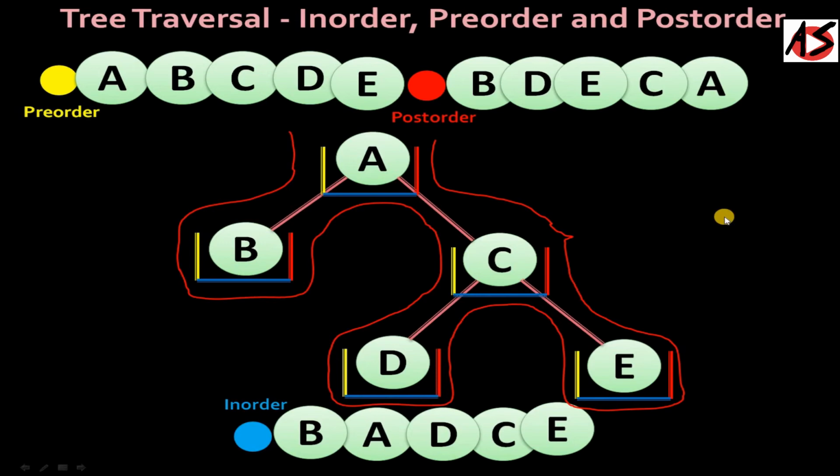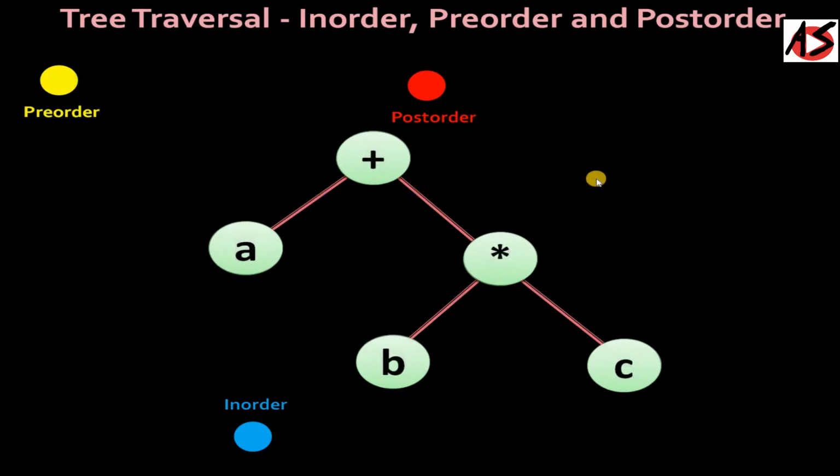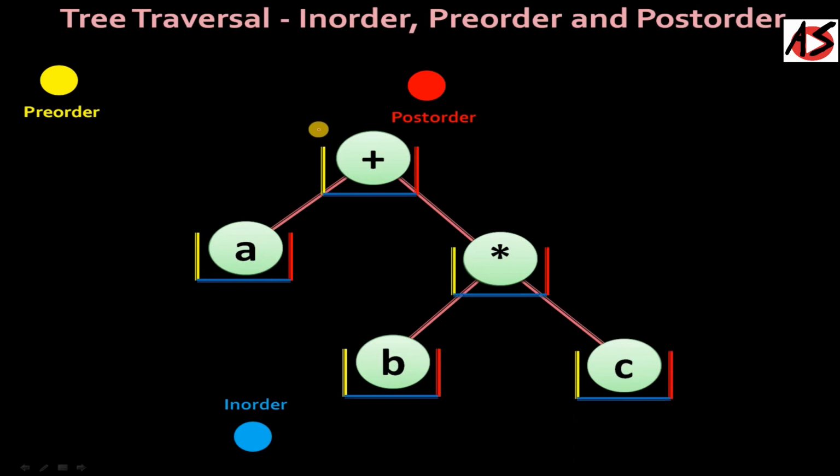So now we'll do the traversal for some expressions. For the expressions we are making an abstract syntax tree, and it looks like this. Now again we will traverse the tree in the same way as we have done earlier. So we will put all the boxes along with the node, and we'll start walking along the tree. We will start from the left side of the root node.